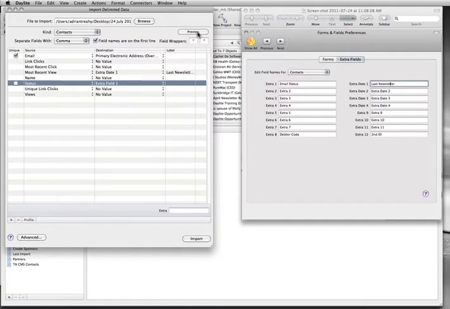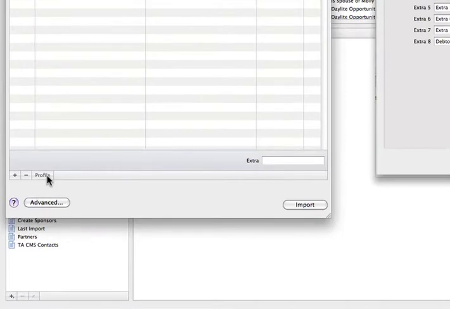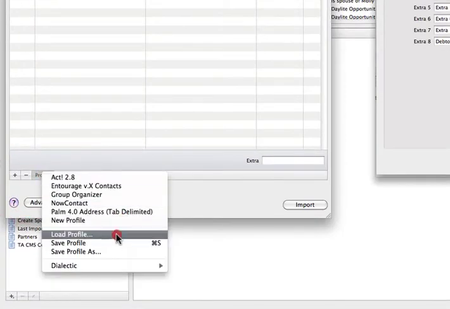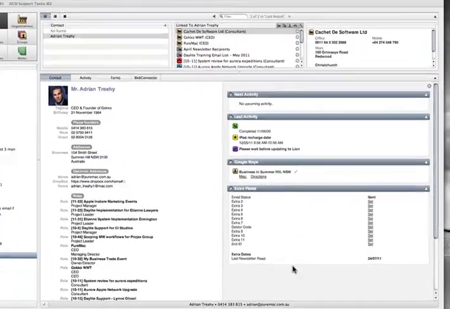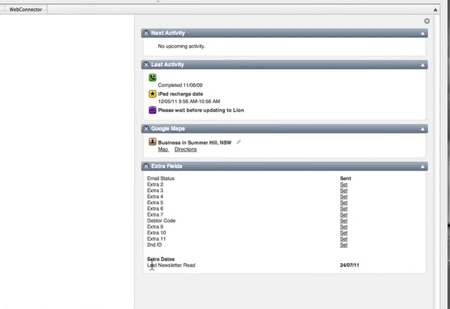So we're now ready to, the last thing we do, because this mapping that you make, once you've made it the first time and you export that data each month when you send a newsletter out, you're going to get the same format. It's very easy now to save that. So we've got our mapping, we're happy with that. We're going to click on the profile button and go save profile, and we're going to call that our test cycle. If we look down here, we can see that we've got our extra last newsletter read on that date, and the email status was sent. If that was bounced or failed, that would give us a failed note, so we would see that that was failed. So now at a glance we